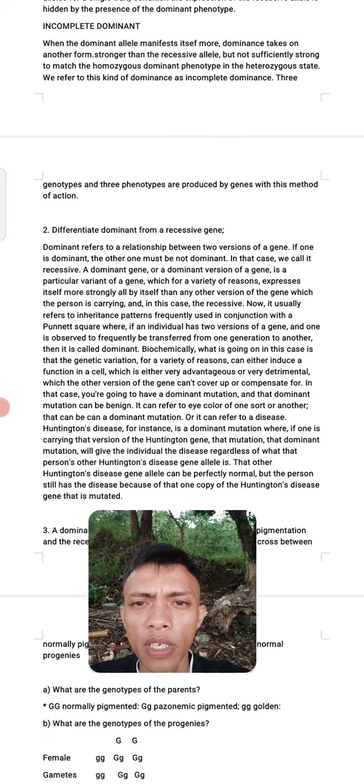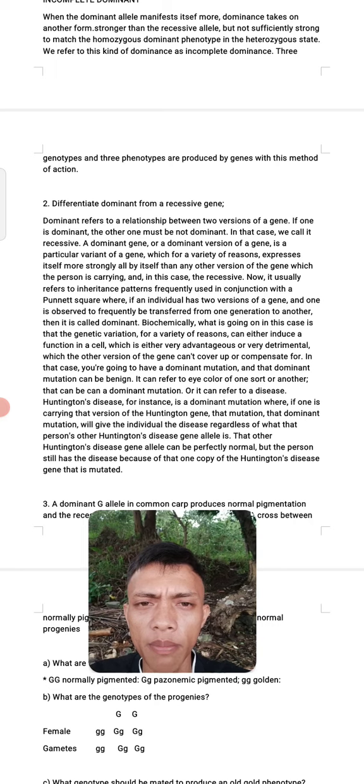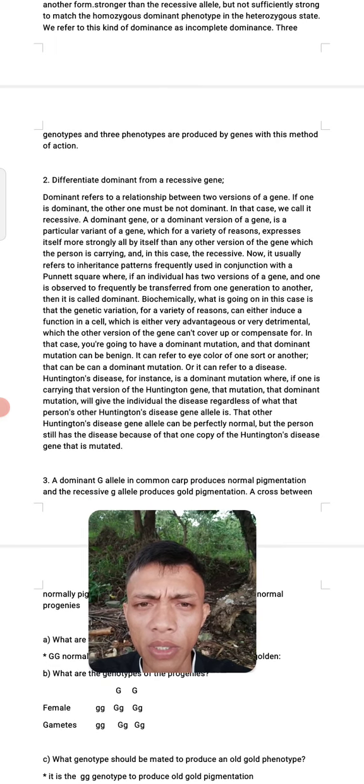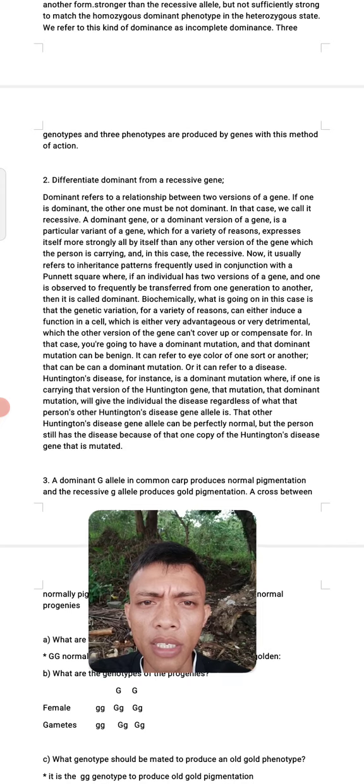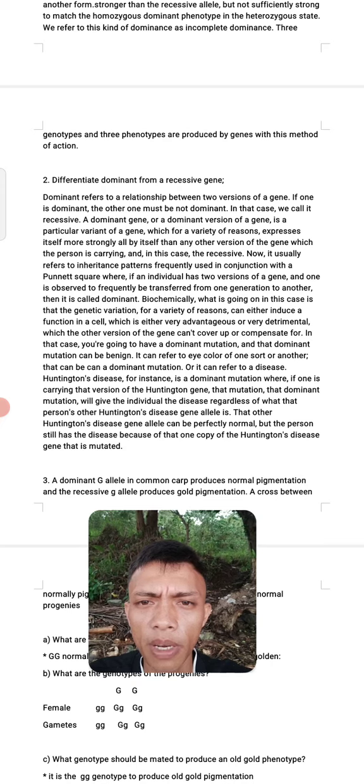Number 2 question: Differentiate dominant from recessive genes. Dominance refers to the relationship between 2 versions of a gene. If one is dominant, the other one must not be dominant; in that case we call it recessive. A dominant gene is a particular variant of the gene which, for a variety of reasons, expresses itself more strongly by itself than another version of the gene which the person is carrying, and in this case the recessive